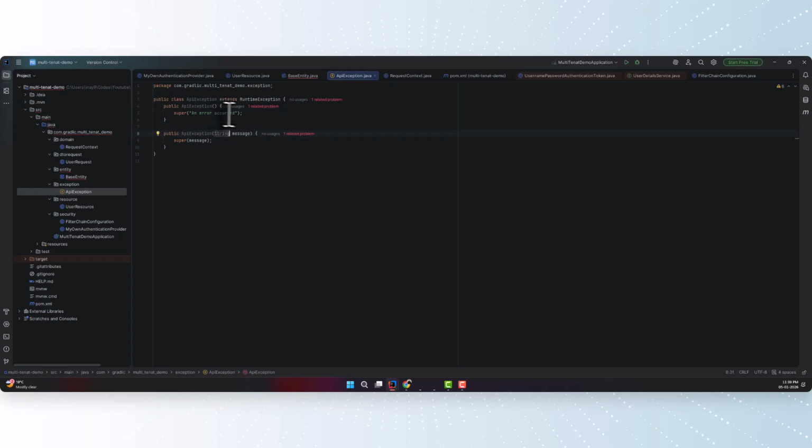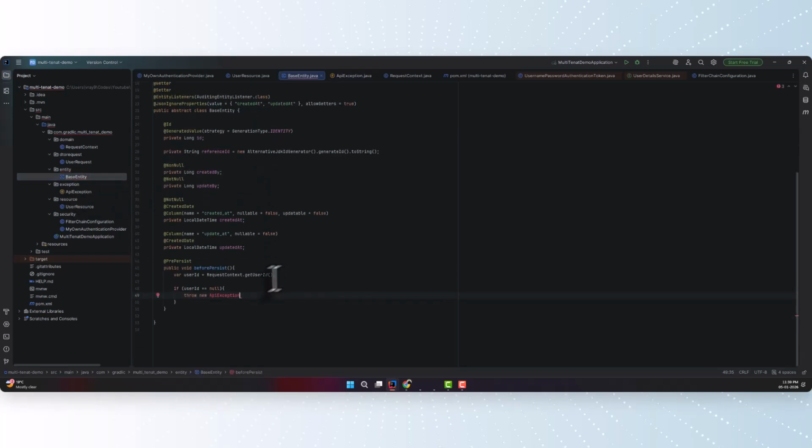And here basically I'll pass whatever message from that class, and that will be passed to that RuntimeException class. I'll go back to the BaseEntity class, and then I'll throw,